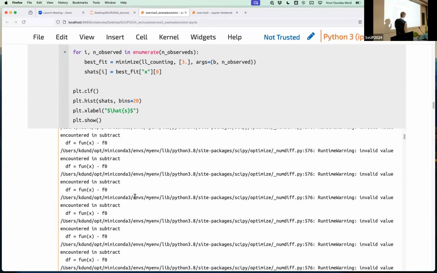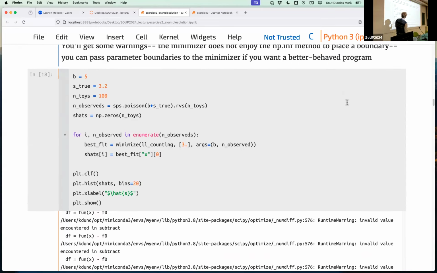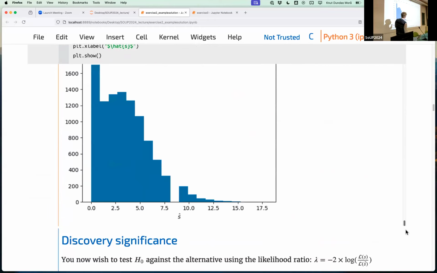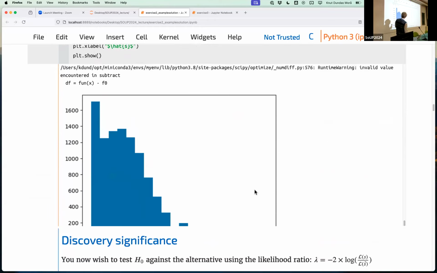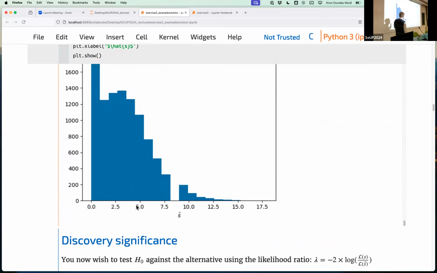At the bottom, there is a nice plot, which should have been in a separate cell if I were clever. Let's do this. How many loops did you ask? Not so many. Hundreds, but then of course inside it's going to loop many more times to do the actual fitting here. How fun. We have then some distribution of the best fit signal.